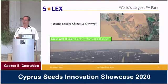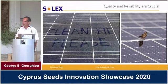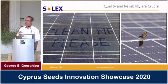You can see how far this technology has moved on. This is the world's largest photovoltaic park, which is in China. It's the Great Wall of Solar, and it is enough to supply electricity to 500,000 people, roughly the size of Cyprus. Now, imagine for a minute you are in 2050 and you rely on this technology for your electricity at